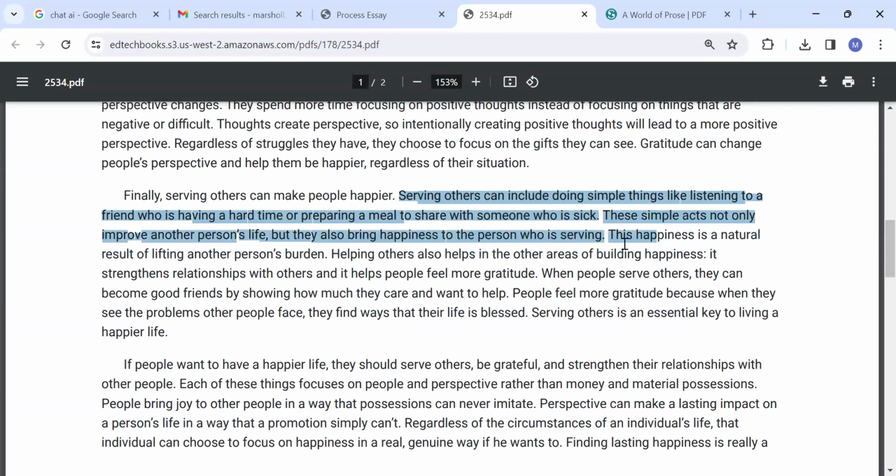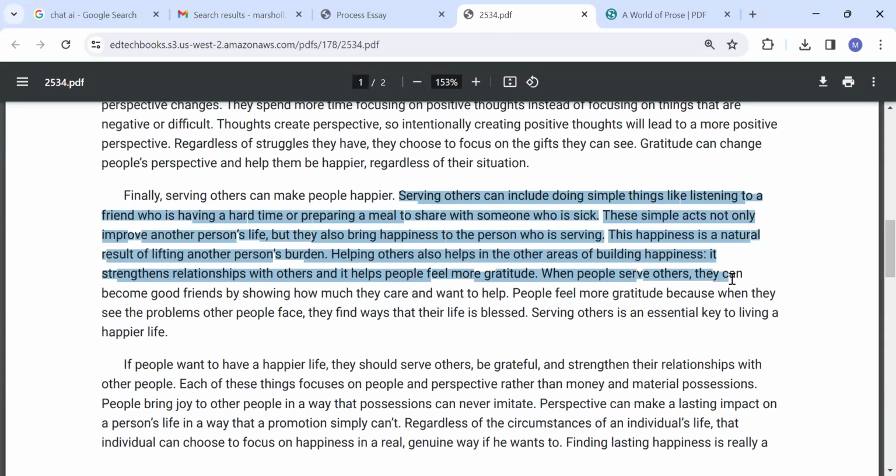These simple acts not only improve another person's life, but they also bring happiness to the person whom they're serving. This happiness is a natural result of lifting a person's burden. So it's explaining why it is important. Helping others also helps in other areas of building happiness as it strengthens relationship with others and it helps people